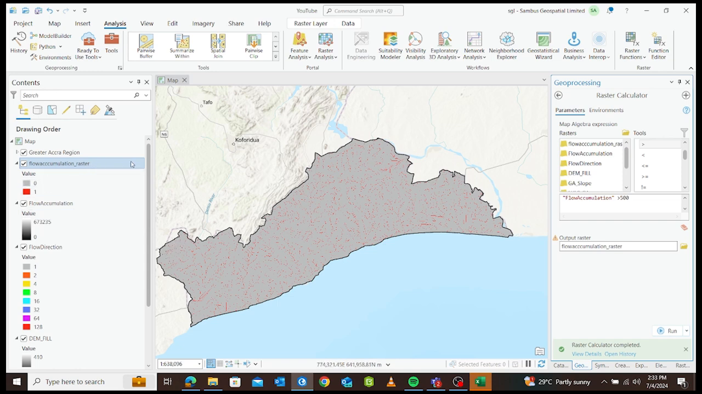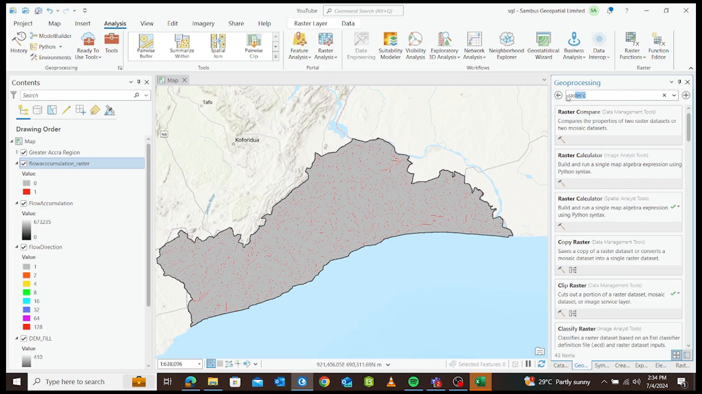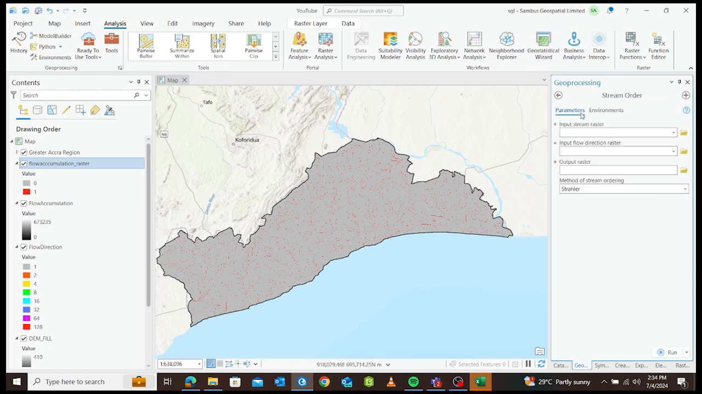So now we can generate our stream order, which will be used in generating a hierarchy or network of streams across the Greater Accra region. So to do that, I'll just go back and in the search box, search for stream order. So I'll select this one under the spatial analyst tool, and then the input stream raster, we'll use the flow accumulation raster we just generated, and then we use the flow direction raster as well. So I'll change this to stream order,